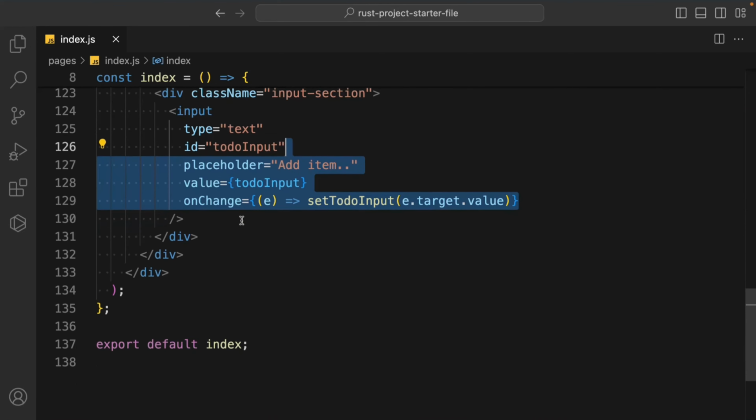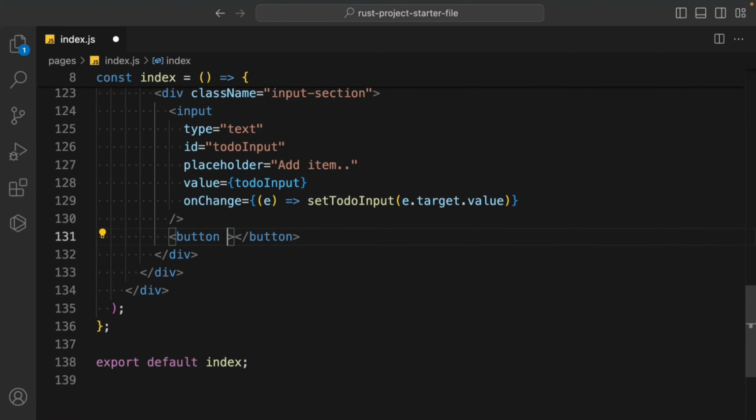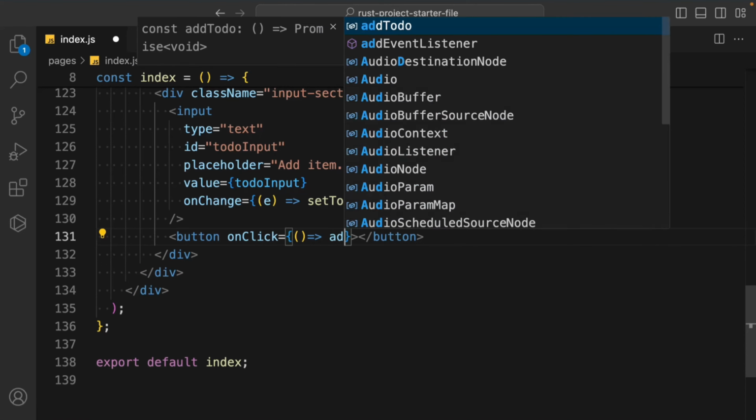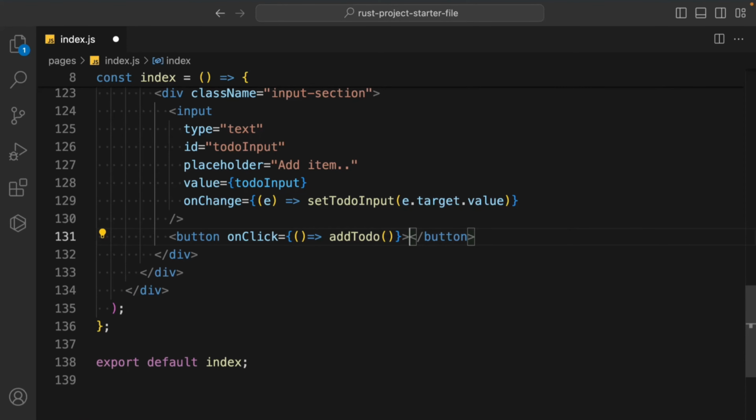Now we can come here and take a button. It will have an onClick function. So on the onClick function we have to simply call this particular function. So we'll call this add, and remember this function is dynamic. It's going to update also, it's going to create also. So we can come back here and we can also have a class called add,